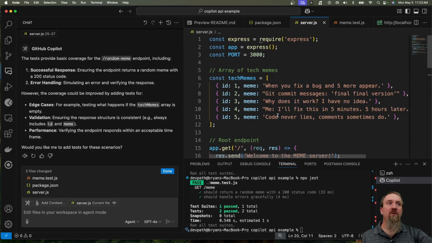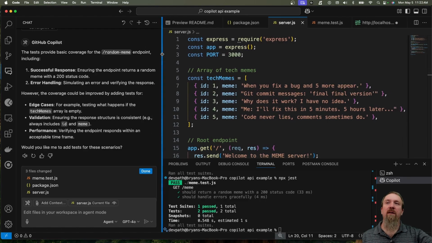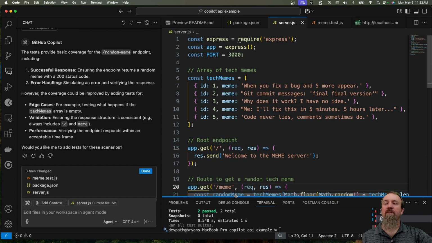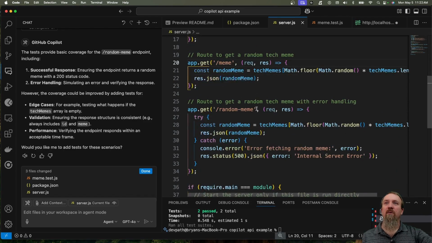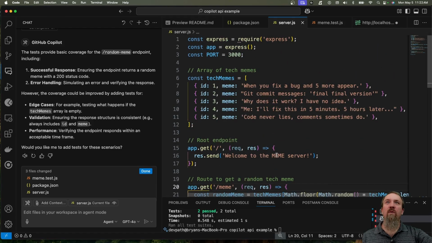I don't want this to get too terribly long. The point is just to give you some quick tips to get more effective quickly with Copilot, show you how you can use agent mode. And as you can see, we've put together a quick little API. We've put some unit tests together, and all we did was prompt the agent to get the code we want. So this puts us in the light of,